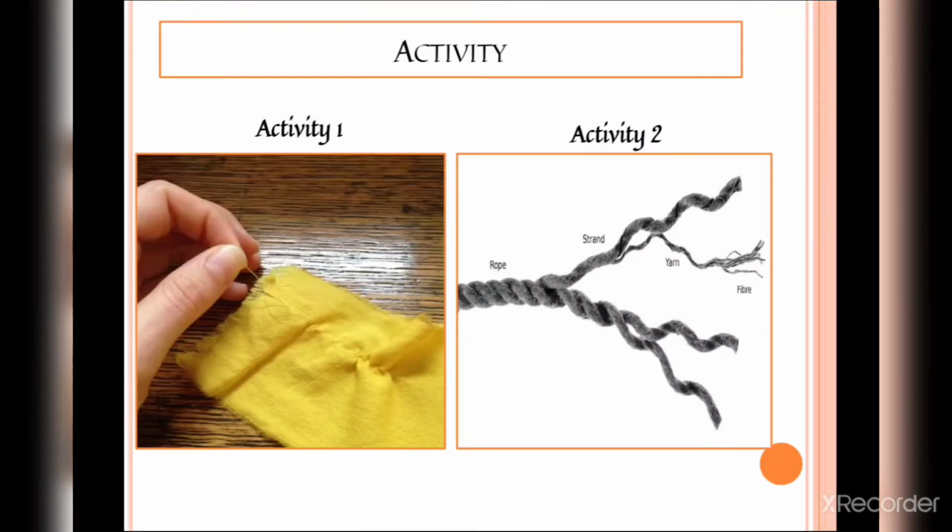So you will get a structure like this, which is given in diagram number 2 on the right side. If you look at the thread with a magnifying glass, you will see a structure like this. Now if you observe it with the help of a magnifying glass, you will get to know that this long strong thread is made up of 2 to 3 thin strands, and these strands are nothing but the fiber. Let me show you in diagram number 2.